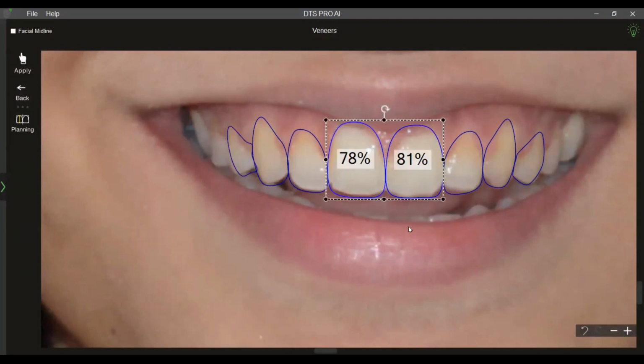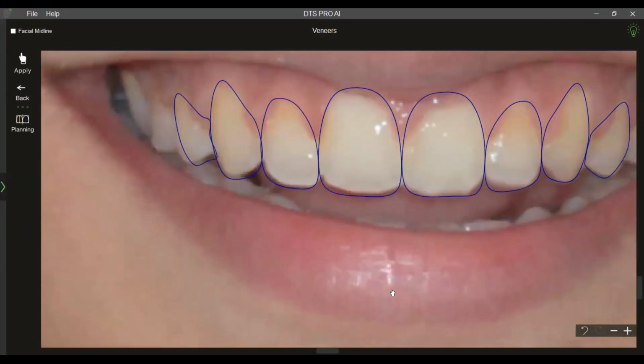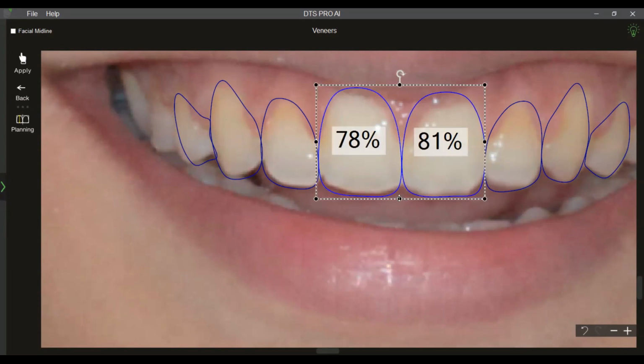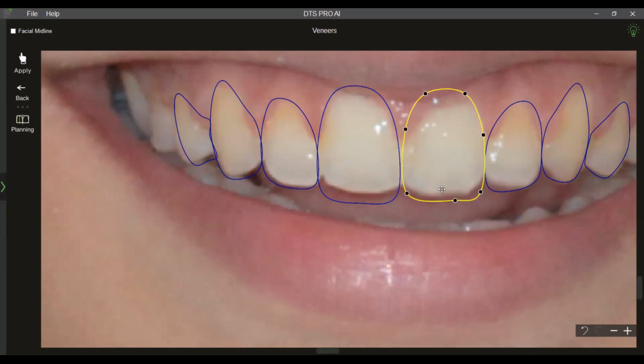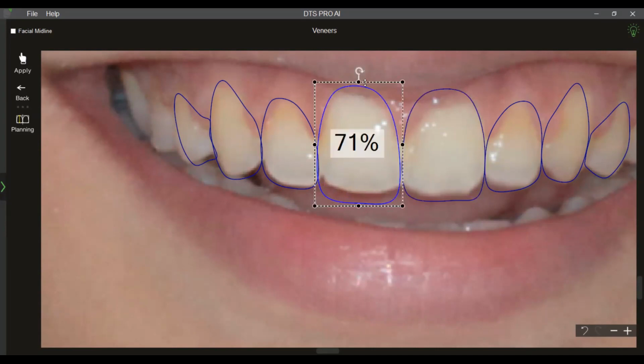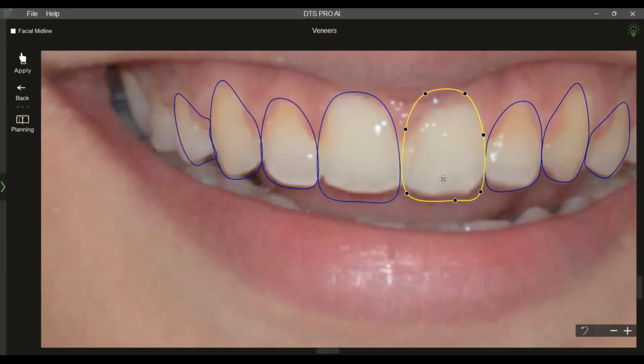flat there. So what I'll do is I will select both the centrals. If you want to select multiple veneers, I repeat, if you want to select multiple veneers, just left click, hold the control key on the keyboard and press the second one that you want to select. And then only these two I want to make slightly long. Right, so I have slightly lengthened my central incisors there.